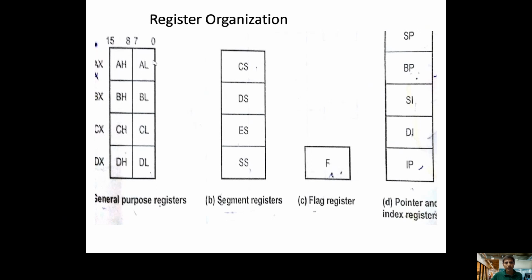So byte means 8 bits, 0 to 7. Higher byte means 8 to 15. Like that, these 4 registers can be split into two 8-bit registers, whereas the remaining registers are used only for 16-bit. Even for 4-bit or 8-bit operation, we have to use the complete 16-bit. There is no division like in general purpose registers. It is possible only in general purpose registers. Now let us see the functioning of each register in detail.